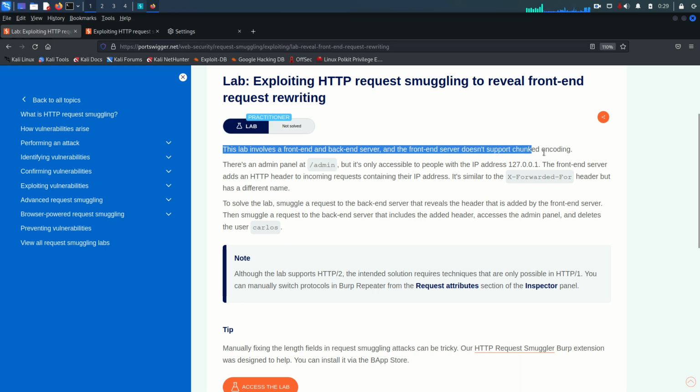Now the description of the lab says this lab involves a front-end and back-end server, and the front-end server does not support chunked encoding. That means the front-end server will support Content-Length, and maybe the back-end server will receive Transfer-Encoding. We need to check that in a moment. Now there is an admin panel at /admin, but it's only accessible to people with the IP address of localhost,